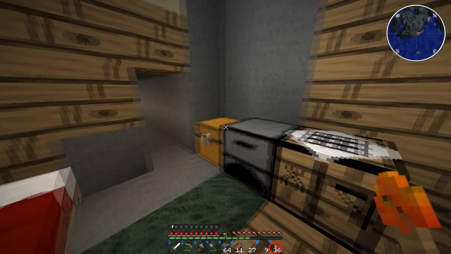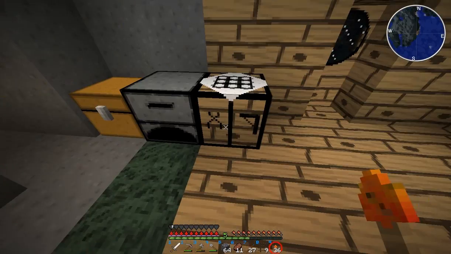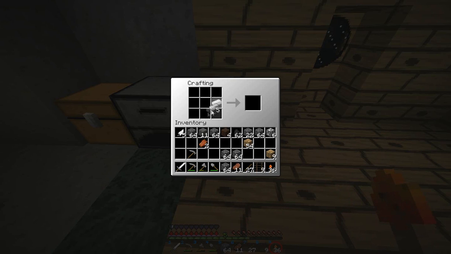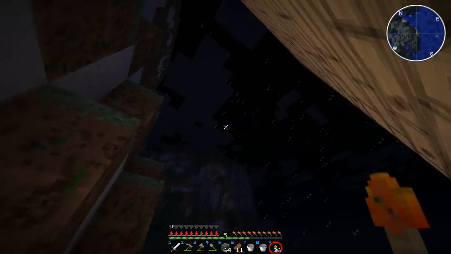I also, very soon, should put a pool of water at the bottom of that mine shaft in case I ever should fall down it. So I'm going to make 2 buckets with these 6 iron that I have left. I'm going to bring the 2 of them with me. It might even be nice to just have...